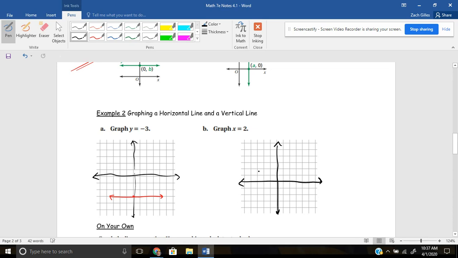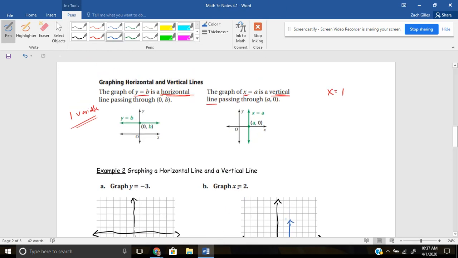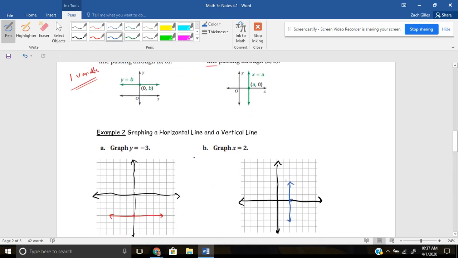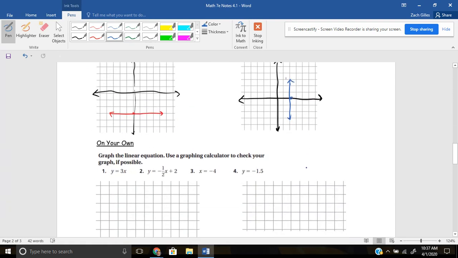You'd go to where x is equal to 2. So here's our x-axis, 1, 2. There's the point. And you draw a vertical line at x equals 2, similar to what they did here. Okay? So you might encounter those types of problems where you have just a horizontal or vertical line with one